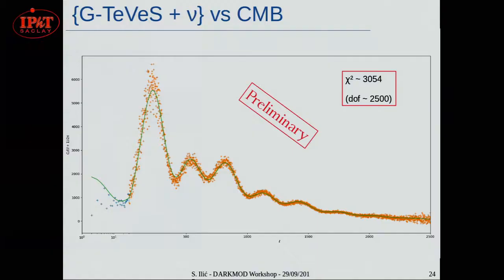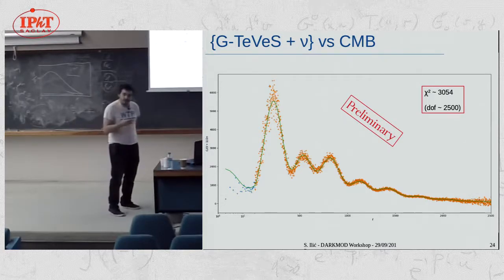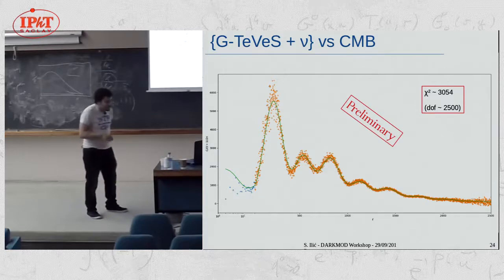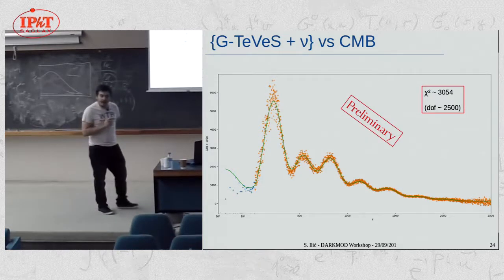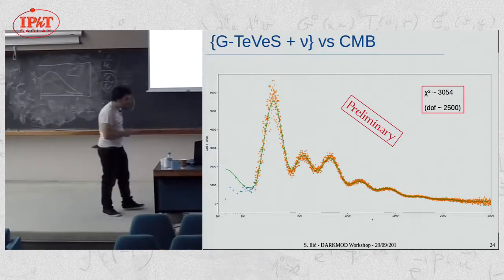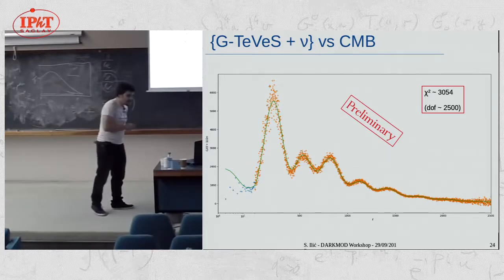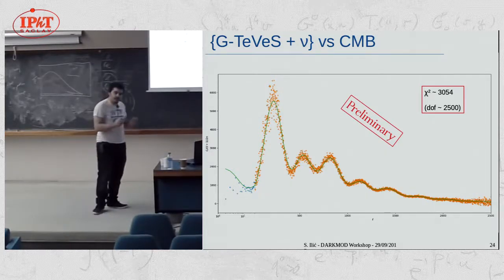Nevertheless, the improvement between the two is quite interesting because several things are left for us to explore in this analysis and to consider. For example, we have yet to implement tensor mode. Maybe not much effect because it will probably be at large scale, but you never know. We need to have a closer look at the initial condition in this model, and in particular the inclusion of isocurvature modes.